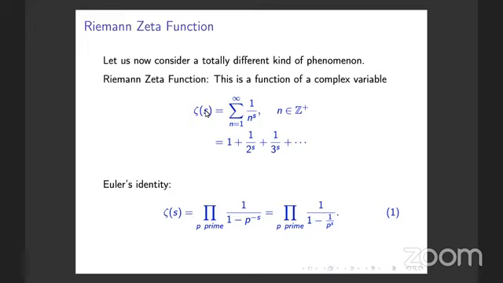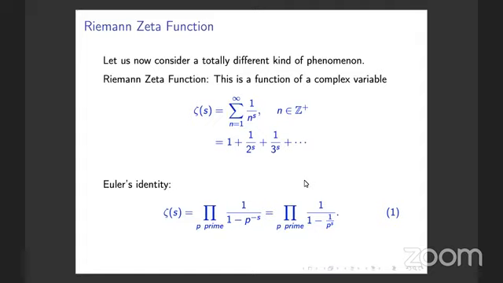But what I would like to focus on today is this identity by Euler, another great Swiss mathematician. He expressed this infinite sum, 1 plus 1 over 2 to the power s plus 1 over 3 to the power s and so on, as an infinite product, and the product is expressed in terms of primes. So take this infinite product, 1 upon 1 minus 1 over p to the power s. That's what p to the power minus s means. So that is zeta of s.